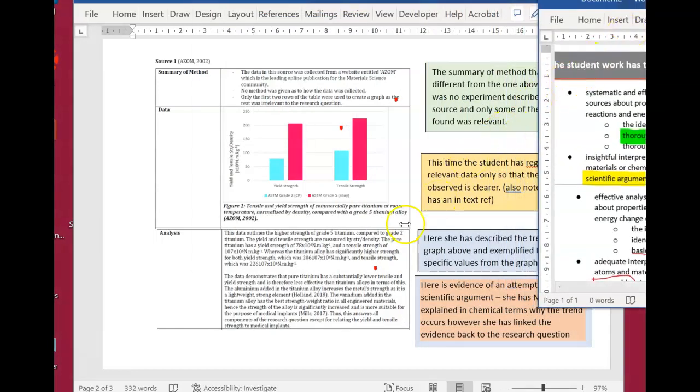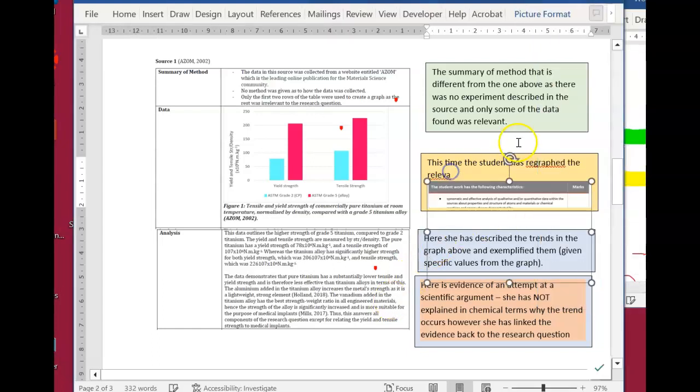However, she has said the aluminium added to the titanium alloy increases the metal's strength as it is a lightweight, strong element. So there's a little bit of an attempted explanation there. The vanadium added to the titanium alloy has the best strength-weight ratio in all engineered materials, hence the strength of the alloy is significantly increased. She hasn't actually gone on to talk about the structure and why those things are true. So she will probably get the second grade,